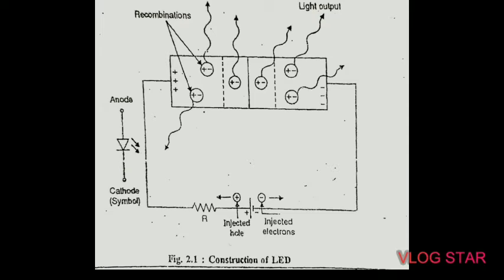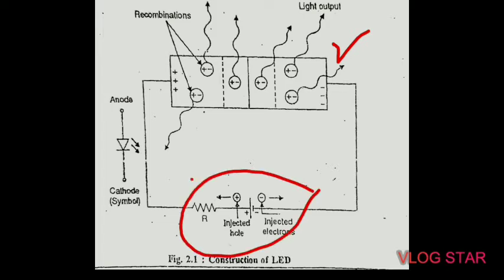Okay. Next, construction and operation of LED. The LED consists of an encapsulated chip of semiconductor diode with a suitable lens. This is your encapsulated chip of semiconductor, which has a P and N region, and which again has two terminals as shown in the figure. Here the diode is made forward biased, and this battery supplies the holes into the P region and electrons into the N region. These holes and electrons supplied by the battery are called the injected charge carriers.